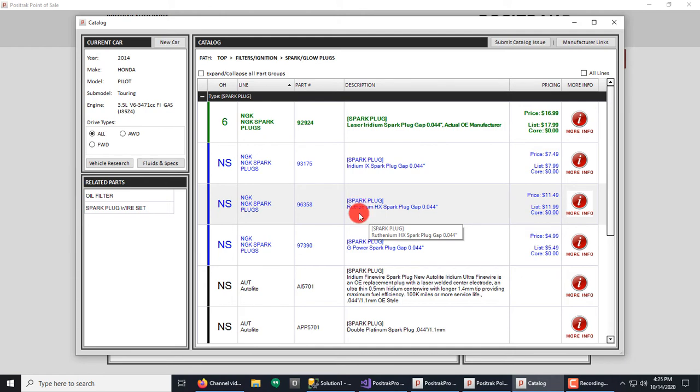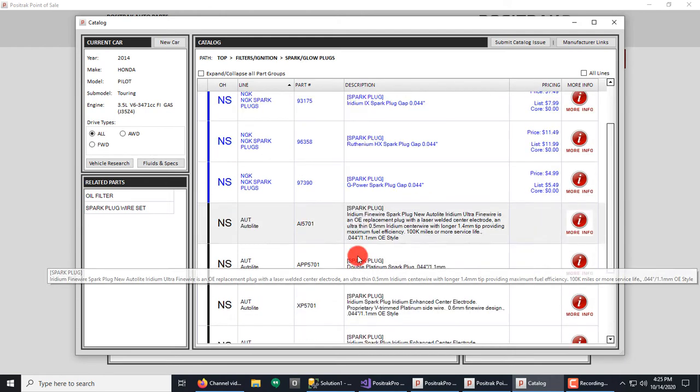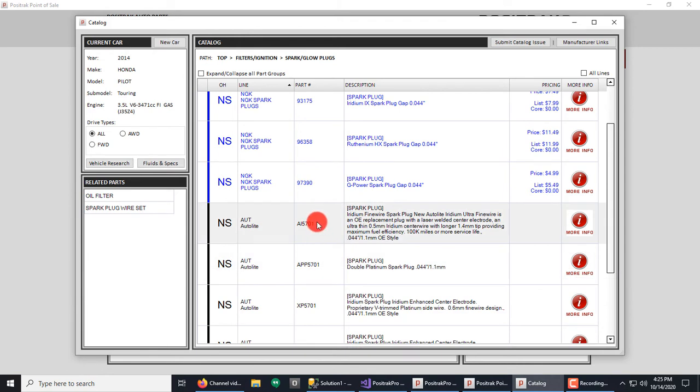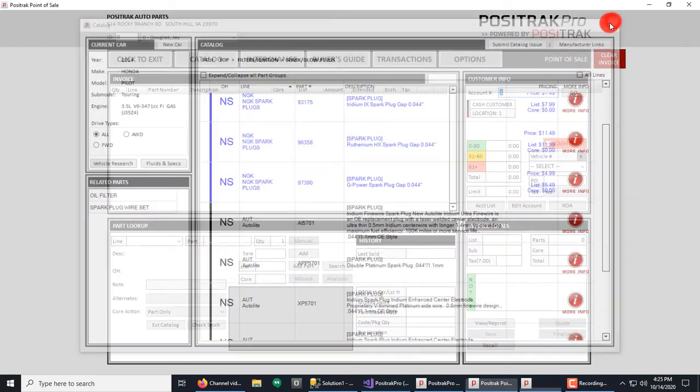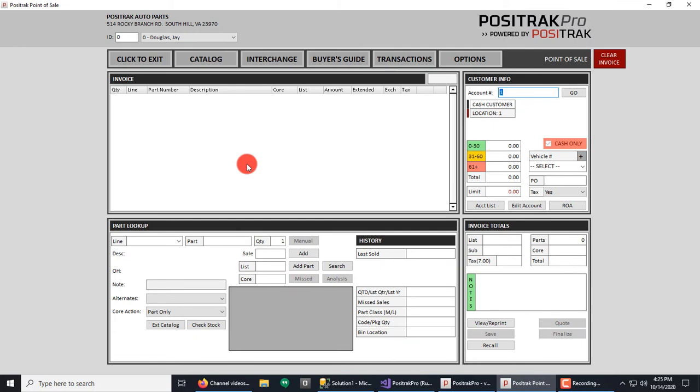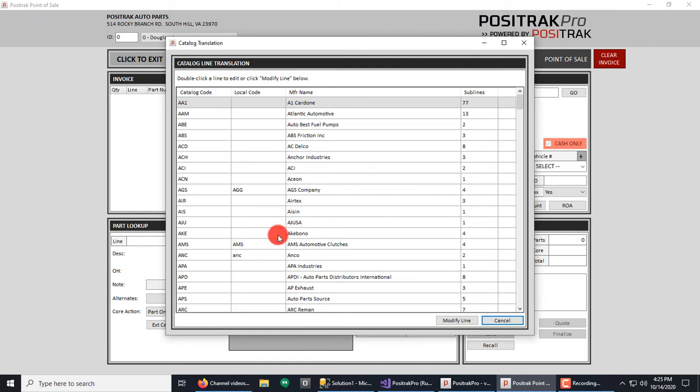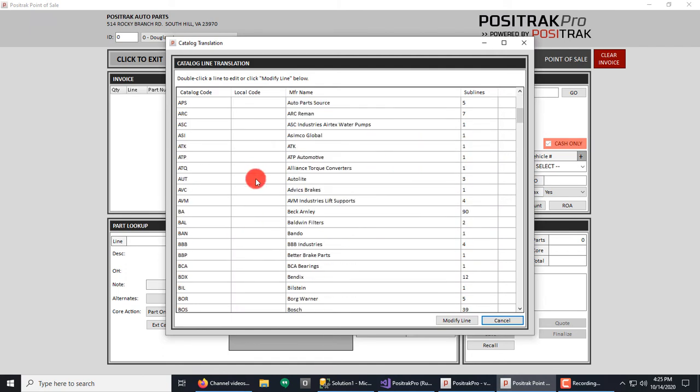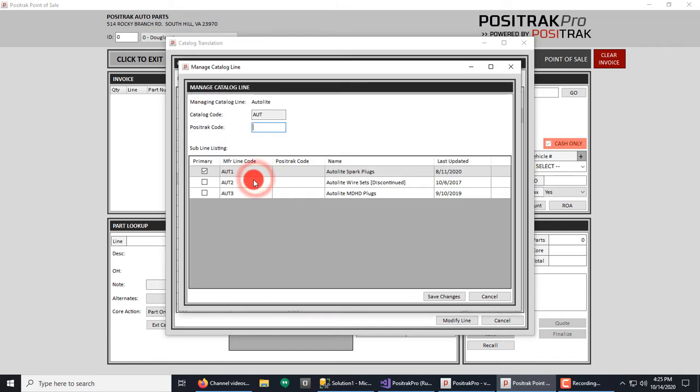My second issue is that this Autolight line is displaying. However, my inventory is under line code AUP rather than the Positrak catalog code, which is AUT. So I can make an adjustment here by closing this, pressing F4 on the keyboard to bring up the catalog line management. And I'll scroll down to AUT, double click, and I'll enter in my line code, which is AUP, save changes,